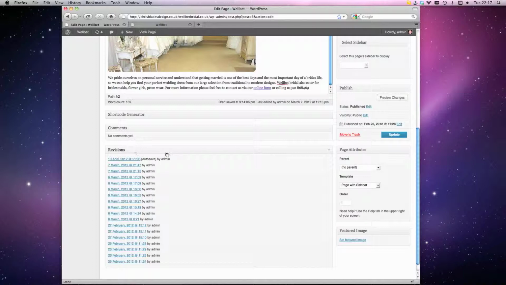And the revisions. Every time somebody hits the update button, the save button or the publish button, a version of it is saved within the system itself. As you can see here, we've got revisions all the way down to the 26th of February. Every time I've done something on this page and pressed update, it's saved a version. So if you make any mistakes, always go down to the bottom of the page, look at revisions, and see where the last good version of the site was, select it,